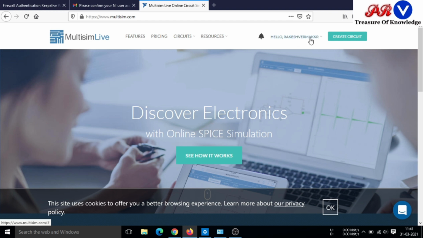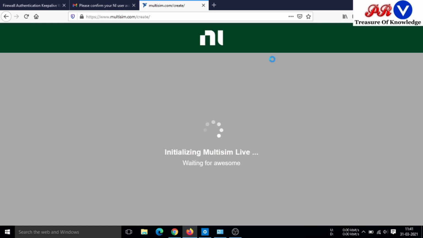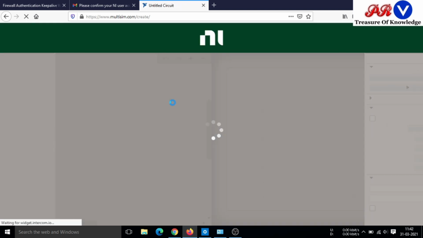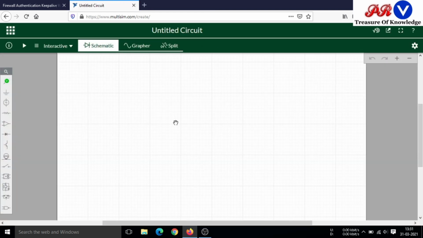Rakesh Verma KKR is my username, and after logging into the Multisim website, click on create circuit for circuit designing. Here in this video we want to simulate KCL and KVL experiments. This is the user interface for the Multisim software.